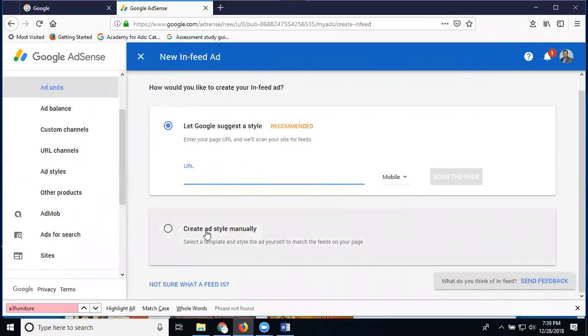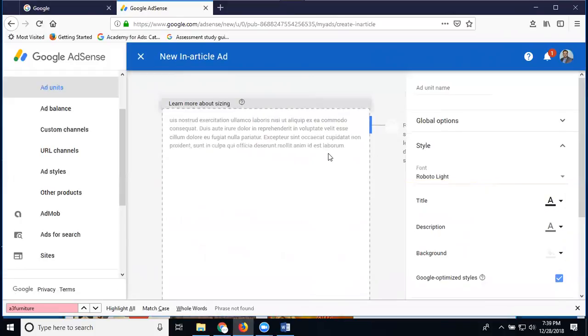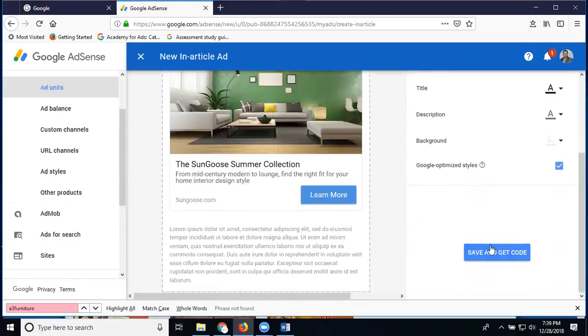This will create the ad style, or you can do it manually; both options are there. Next one, in-article mode. Here you can create an article ad like this. Click save and get code. This is called in-article.